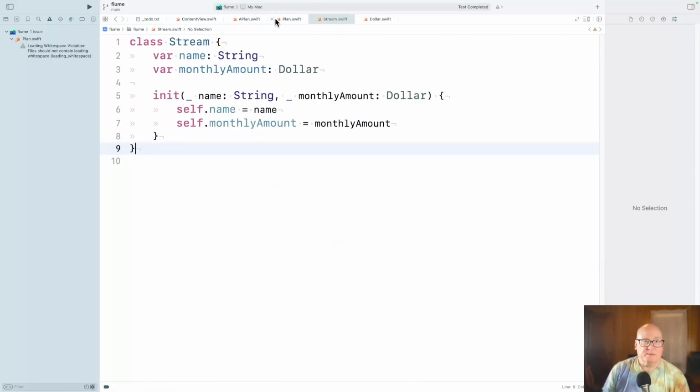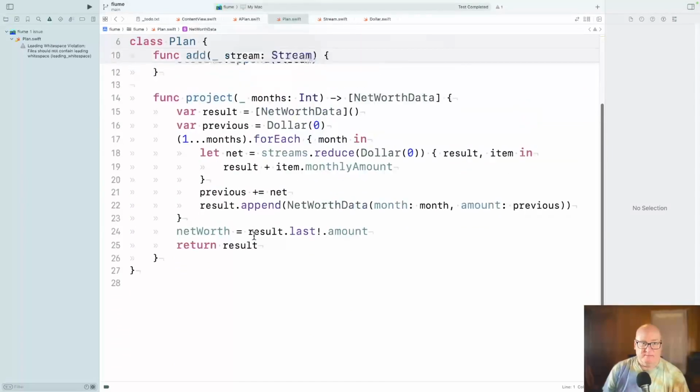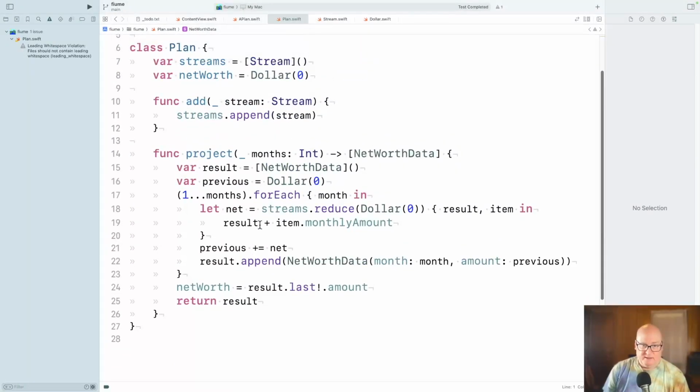All right, I don't think that's the most elegant thing, but it's doing what I want. That for any given month, we have to compute the net result, and then add in the previous month, and we're good.